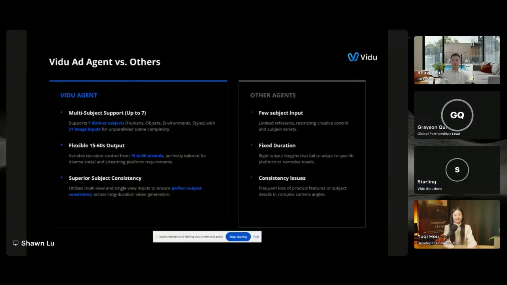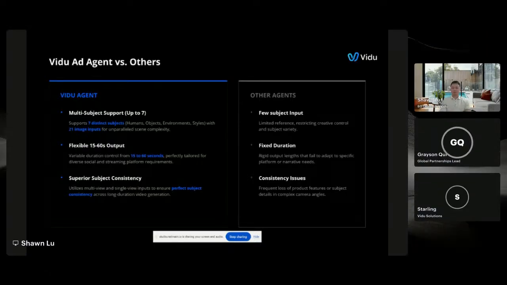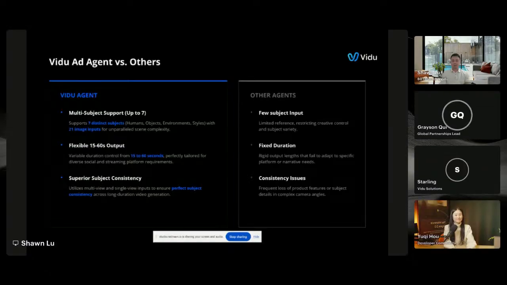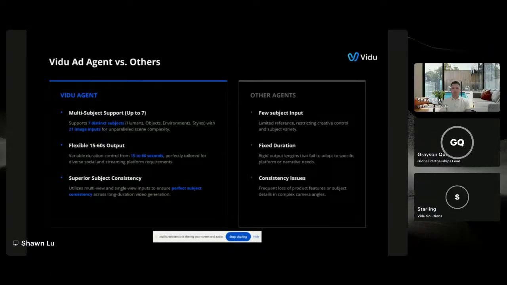On top of that, we've got anywhere between 15 to 60 seconds output so that you can create a very quick 30 seconds to 60 seconds ads, for example, for your ad platform on an e-commerce platform. On top of that, we also could do superior subject consistency due to the nature of the tools that we're providing.